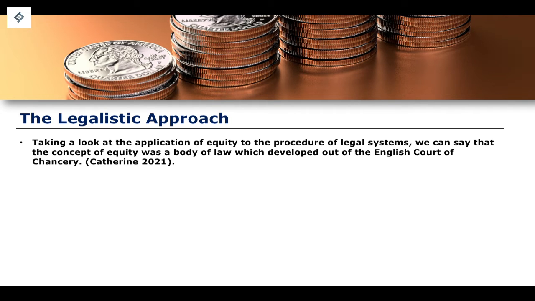We will say that equity was essentially a body of law that would develop out of the English Court of Chancery. The reason why it became a body of law, almost its own separate jurisdiction, was because we see a shift away from the employees of the Chancellor to the application of judges within the Court of Chancery, and this sort of imbued equity with a certain amount of legalism, which essentially bogs equity in the Court of Chancery down to the same kind of critiques that equity was supposed to solve when we talk about the rigid, harsh nature of the common